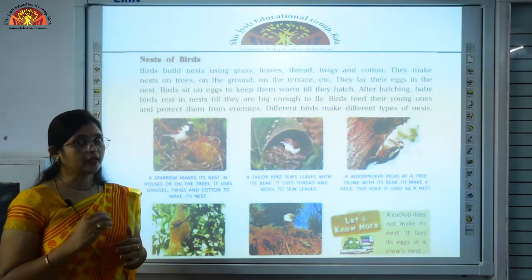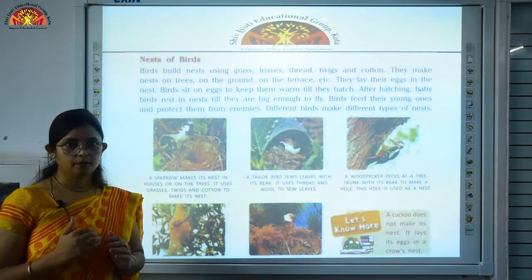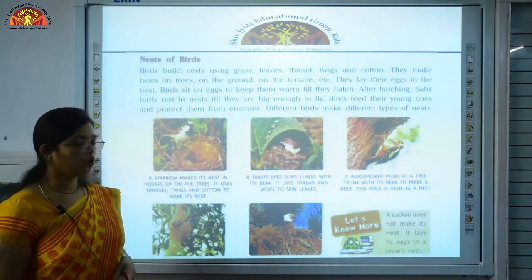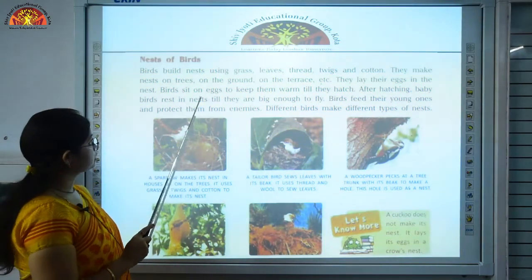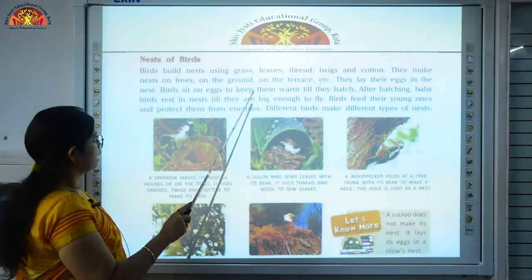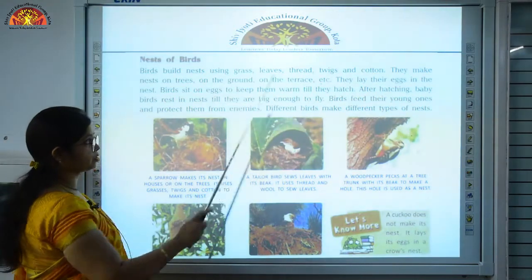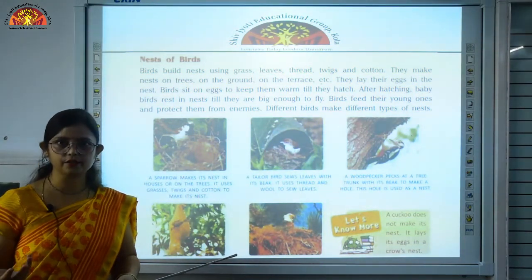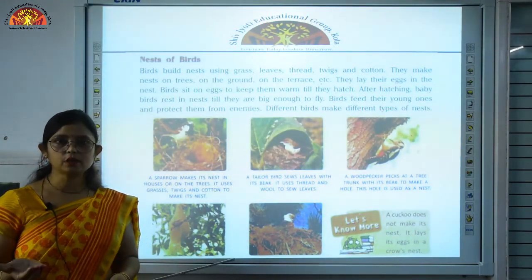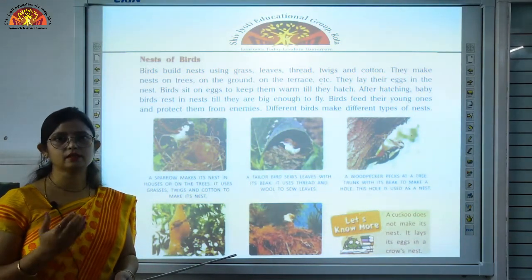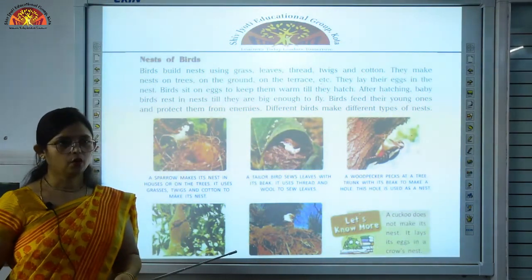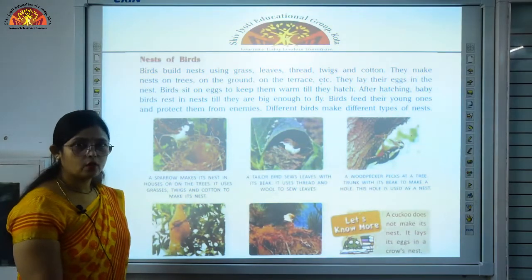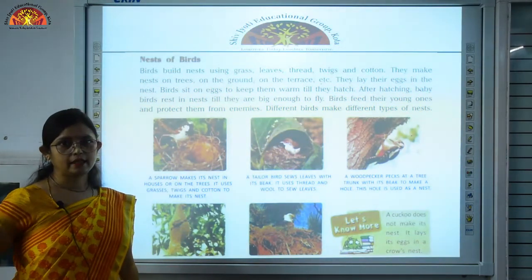Okay, they used to lay their eggs inside their nests. Okay, so then they keep sitting on the eggs to keep them warm till they hatch, and when these eggs are hatched, the baby birds come out. So these baby birds stay there in the nest till they start to fly. Okay, so let us now discuss the different types of nests.